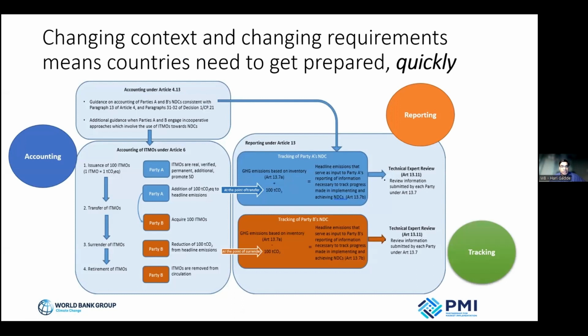This is just to introduce the different accounting, reporting, and tracking requirements under the different articles of the Paris Agreement, and how much effort countries need to make to better understand, and also to make a decision on different tools and systems that might be needed to support fulfilling many of these requirements.